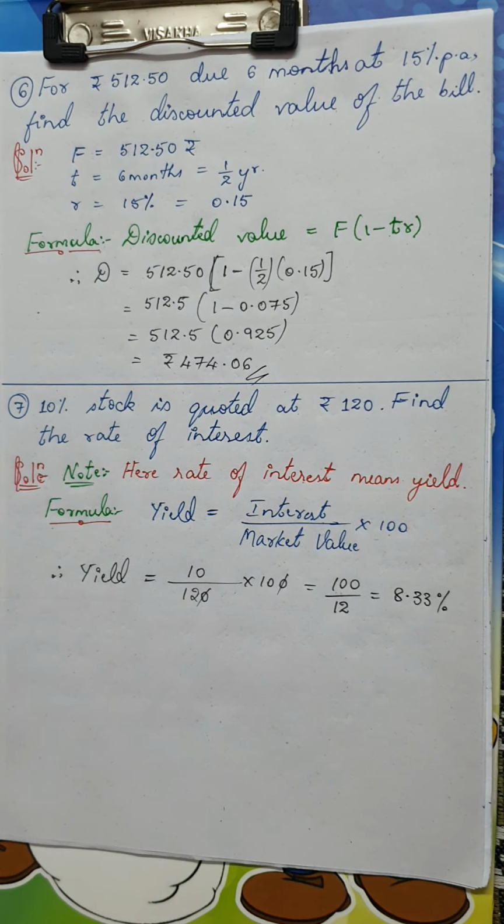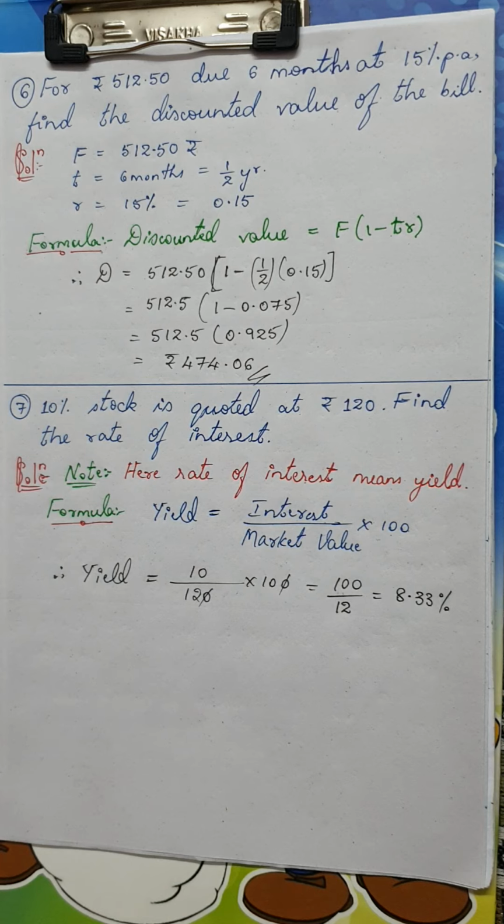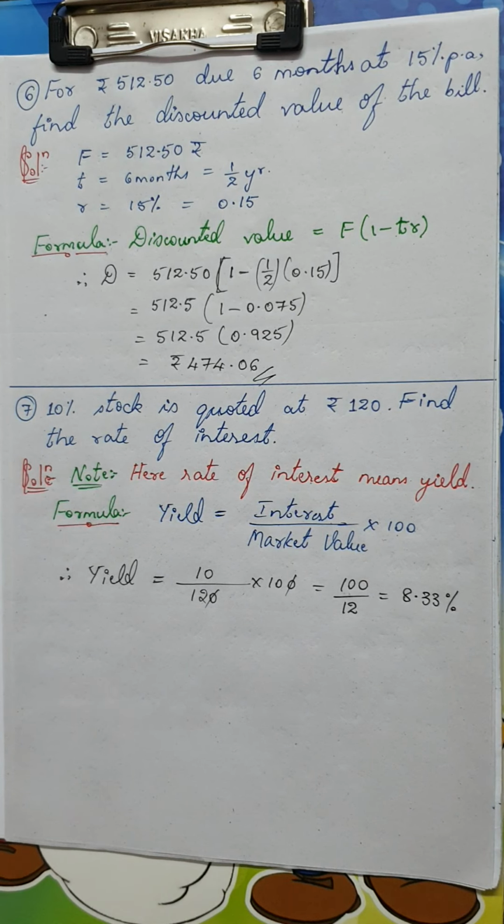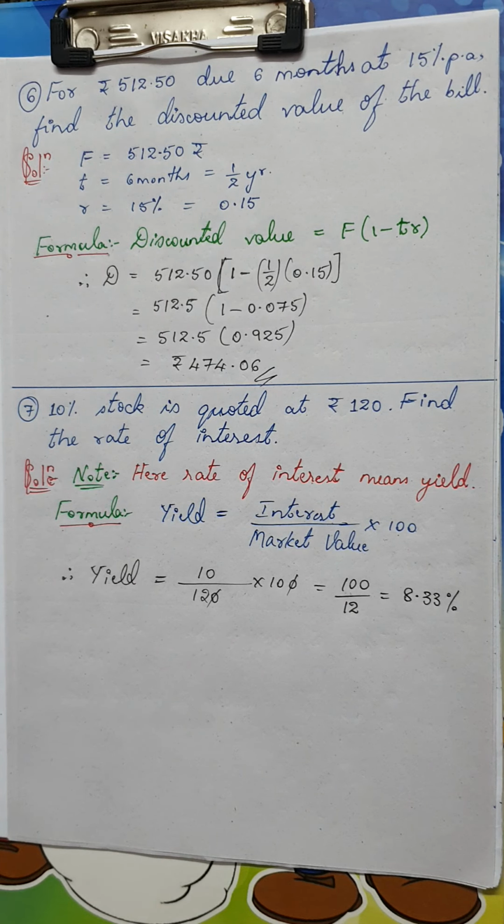You can take 8.33 because it is a recurring decimal. Okay, and this much is enough for you to get 1 mark. This is actually the example question in your textbook, exercise 9.1. You can find it as a 2 mark question, but actually this was asked for 1 mark. I think this is sufficient to get 1 mark.